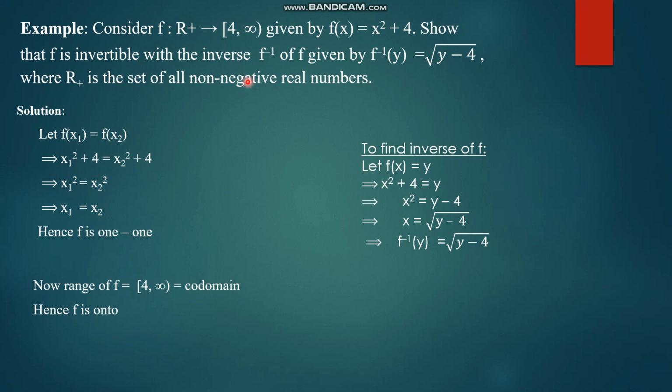Now let's take one more example, which is a little different. It's not R to R. This is R plus, the interval left closed, right open, 4 to infinity, and the function is x square plus 4, and they are asked for the inverse to be like this. Now the method for 1-1 is the same. What we have to do is take f of x1 is equal to f of x2. We will substitute, cancel, simplify, and we get the same thing. This is very easy, you can see it. Now for such problems, when you have an interval like this, proving onto is very easy.